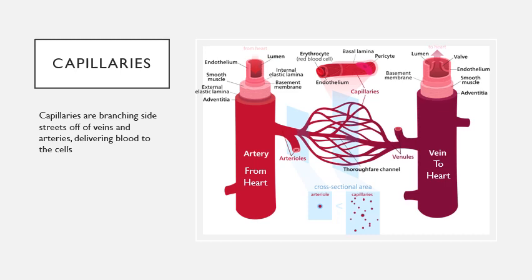In between arteries and veins are capillaries. Capillaries are really, really thin tubes. So you come from these big, gigantic tubes of veins and arteries to much, much thinner tubes. And those thin tubes weave back and forth like a net. They're going to deliver blood to the cells trapped within the net. Without those capillaries, your cells would not be able to get oxygen.